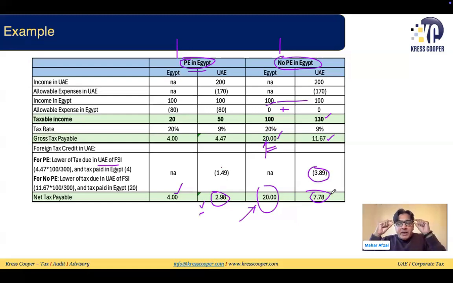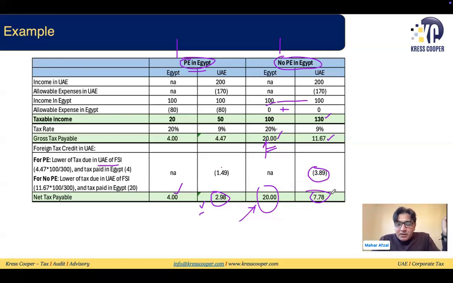I'm repeating. There is a possibility that your tax has been withheld by the Egyptian customer. They have remitted this tax to the Egyptian tax authority. And you have a right to take this 100% tax back by proving to the Egyptian tax authority that you are a resident taxable person of the UAE and you don't have any PE in Egypt. Then the Egyptian tax authority will give this tax 100% back to you. There is a possibility that before this claim you have already claimed the foreign tax credit in the UAE. Now you have paid the tax in Egypt, you have taken it back, and you have claimed the foreign tax credit in the UAE as well.